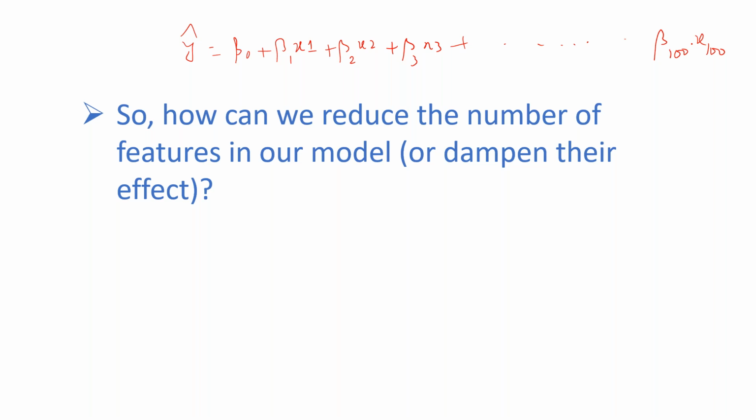If I can reduce this x1 to x100 to maybe the most important 5 features which have more impact on the relationship between input features and the actual or predicted y, those features I should keep, remaining features I have to remove. So at the time of feature engineering, we applied our domain knowledge, some heuristics and thumb rules, and also we consulted with experts, we critically looked at, we built more important features, removed some unnecessary features.